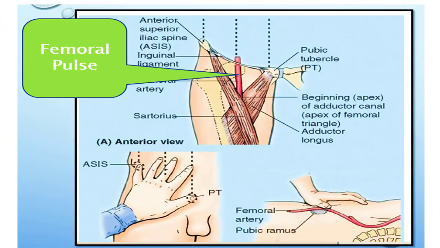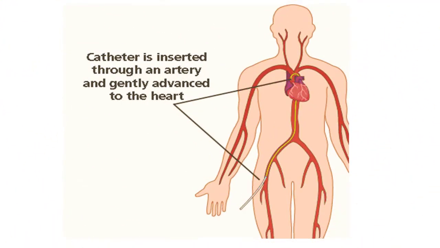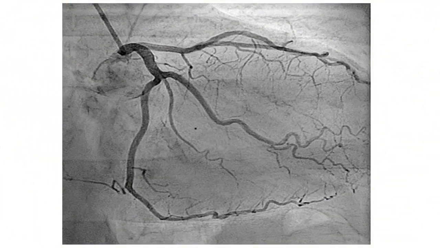So in this procedure, again, the femoral triangle is very important. First, we have to feel the femoral pulse. At this point, I already told you at which point we are going to feel the femoral pulse. After that, catheterization of the femoral artery is done with a thin, long wire, and this tube is navigated up the external iliac artery, common iliac artery, aorta, and into the coronary vessels. A radiopaque dye is used. This dye is injected into the coronary vessels, and the wall thickening or the blockage can be visualized by means of x-rays. So in this way, we can gain access to the arch of the aorta via the femoral triangle.